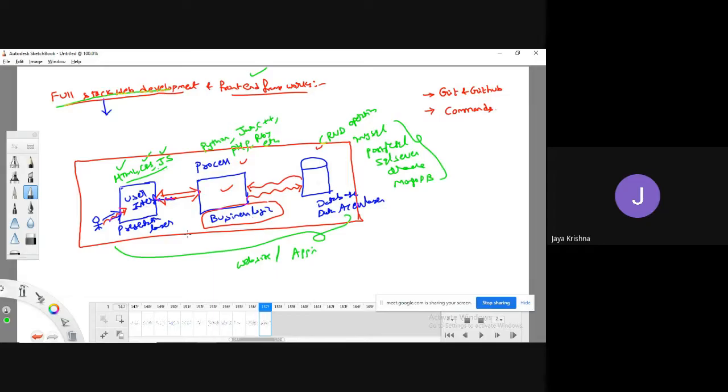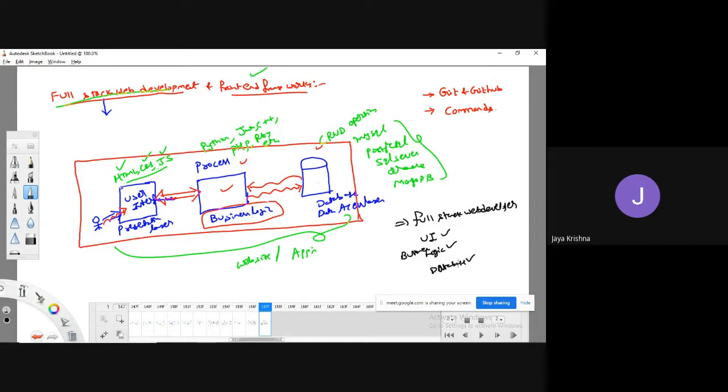Nowadays you will come across the word full stack web developer. The recruiters are searching for people who are full stack web developers. What do we mean by a full stack web developer? They should thoroughly know at least one language from the user interface side, at least one language from the logic part, like business logic, and at least one from the database part.